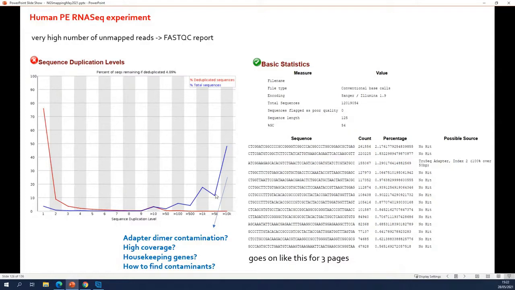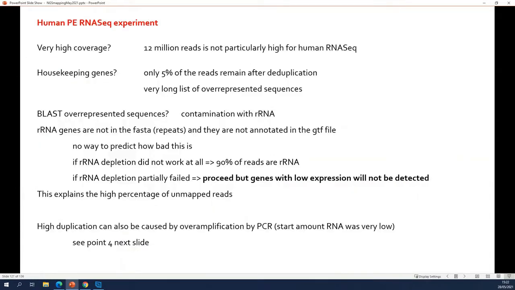Yeah, you can look at the peaks, but the peaks will not tell you what they are. It can be housekeeping genes that would look like this, but you're not 100% sure that they are. If you want to be 100% sure, you're going to blast them. So that's exactly what I did. I blasted them, and what came out? Ribosomal RNA. All of them were perfectly aligned to ribosomal RNA genes.